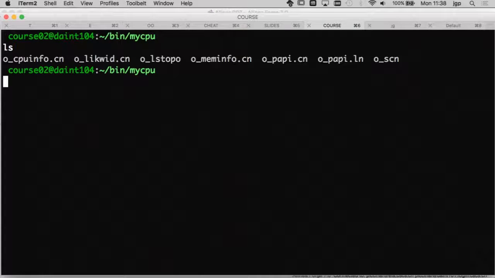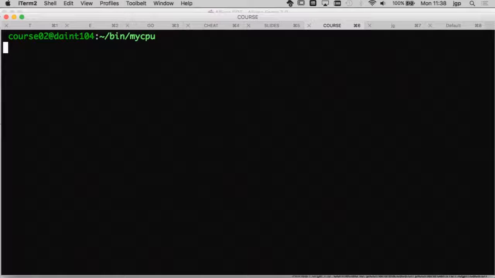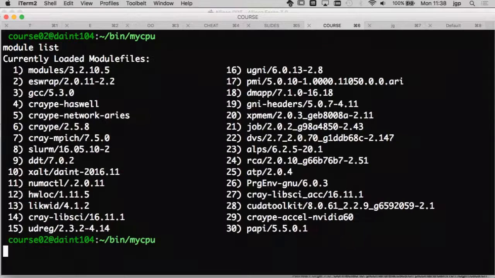Most of the time, people ask what kind of CPU we have, and there are many different ways to find that out. Before I start, does anyone not know what the module command is?